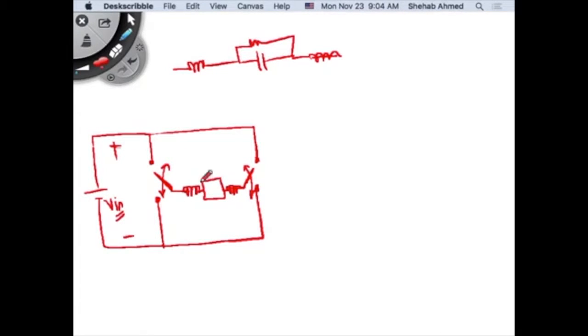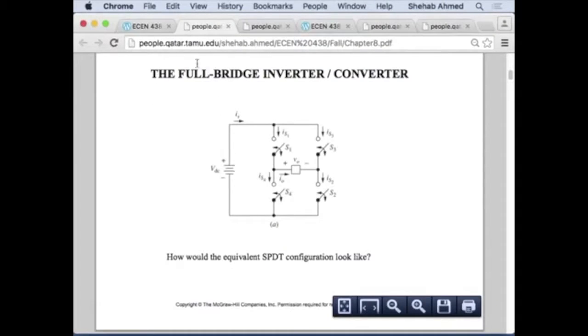Current is in this load, I want to create AC current, right? I want to create current that is going to go into this node or out of the node. But the voltage doesn't change polarity, right? So if we go back to the chapter 1 slides,